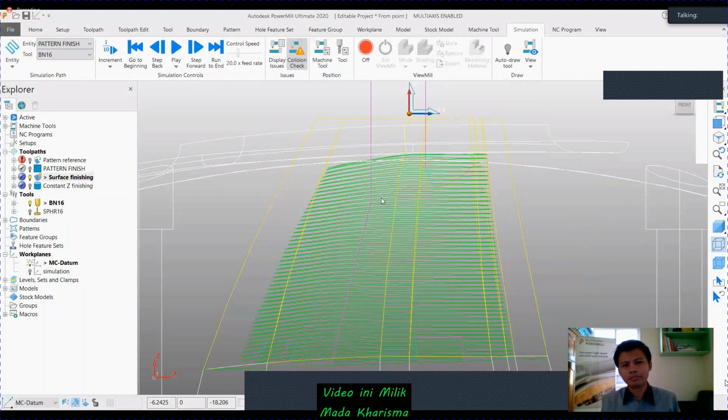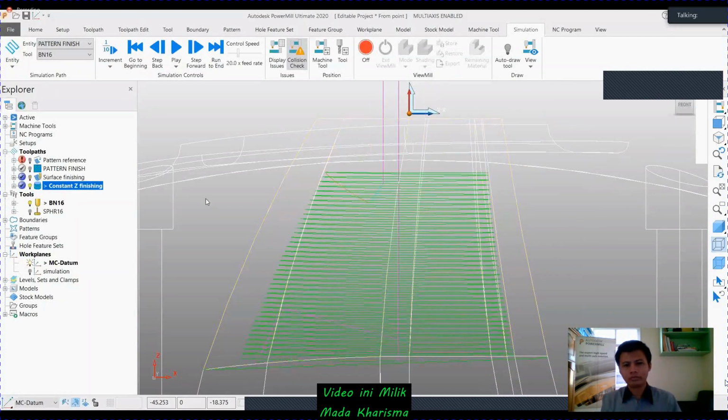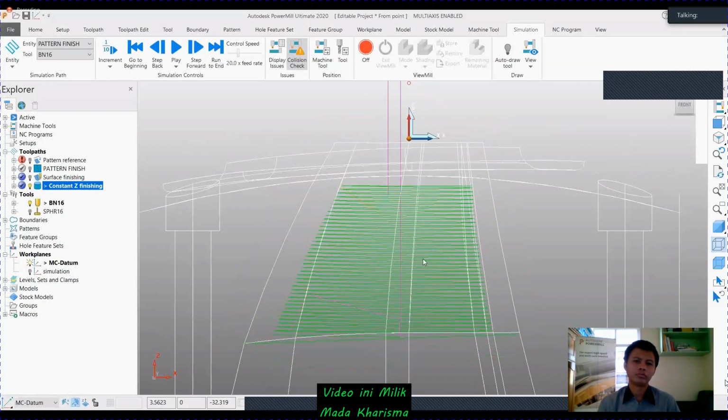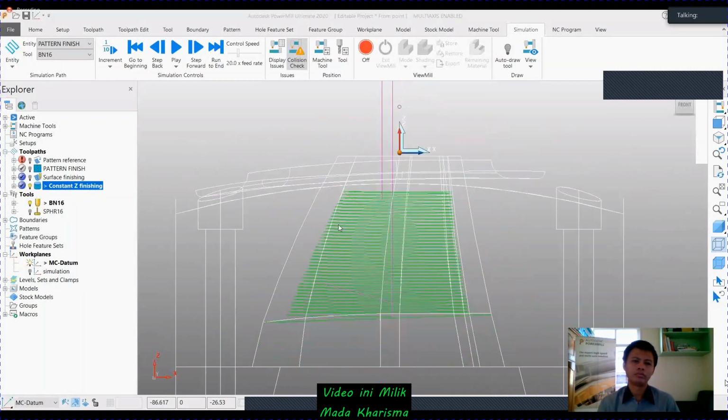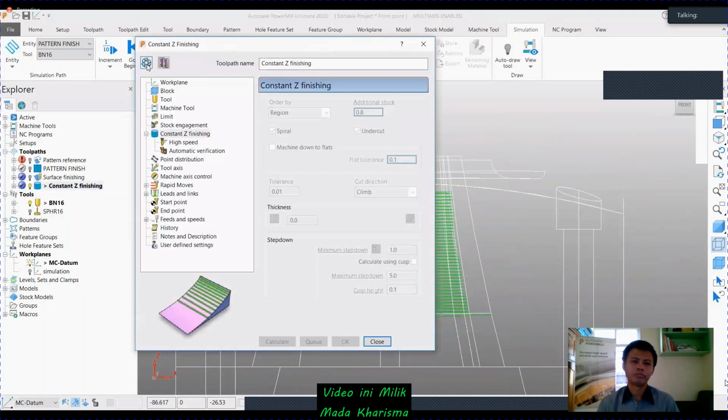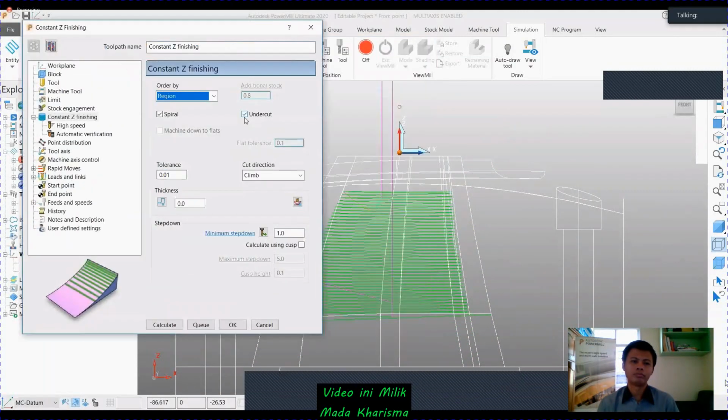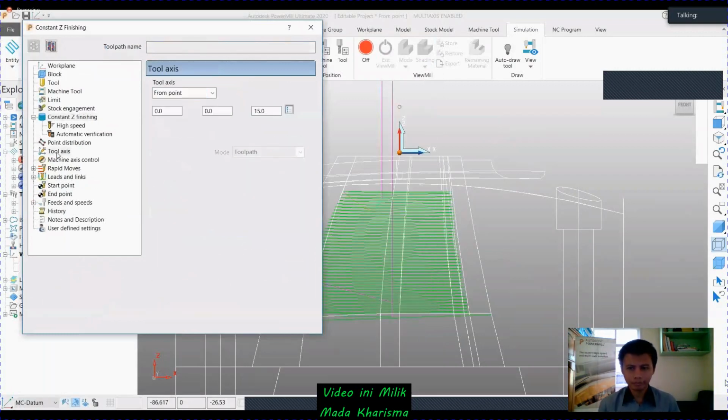It's a constant Z finishing, which everyone knows about. Same ball nose tool, but if you go into the tool axis page, here I'm giving this one. I checked my undercut option, and my tool axis definition is the same, from point.